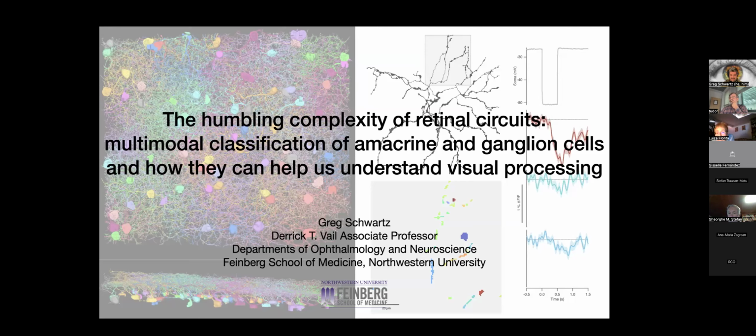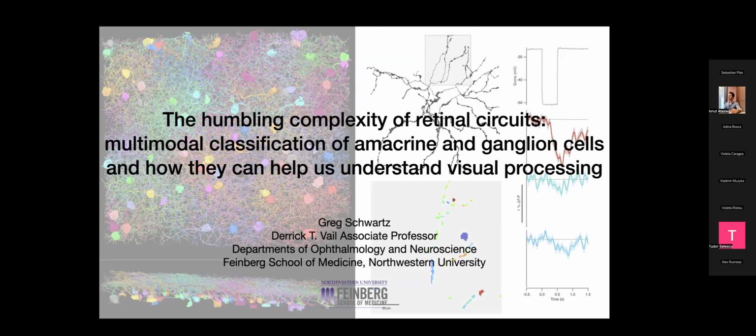Tudor and I see eye to eye so well about the way that cell types work and our ideas about the next steps in neuroscience, because he just summarized it so beautifully, about why I think the retina is the place where we need to do a lot of these things. So yeah, it's really an honor to be here, and I hope to introduce some of these concepts to this